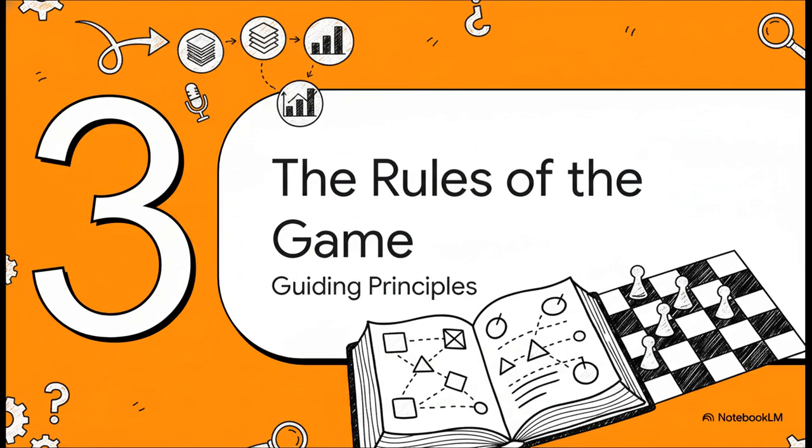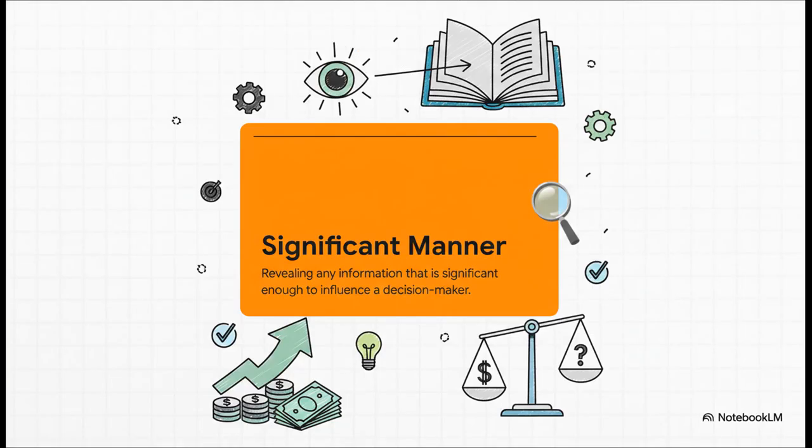All right, so we've got the process down: record, classify, summarize. But how do you do it? Are there any rules? Oh, you bet there are. The next piece of our puzzle lays out the key principles that govern the whole game. The definition says all this has to be done in a significant manner. Now, that doesn't just mean you need to be neat and tidy. It actually points to a really big idea in accounting called the materiality concept.